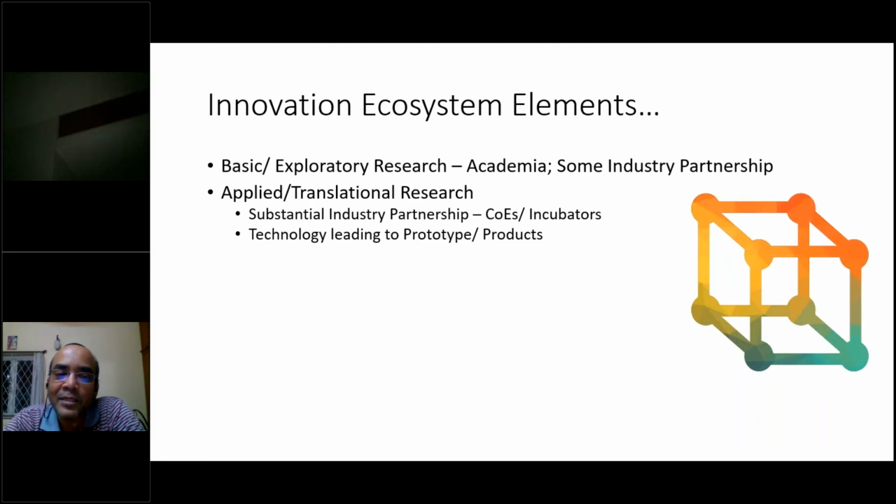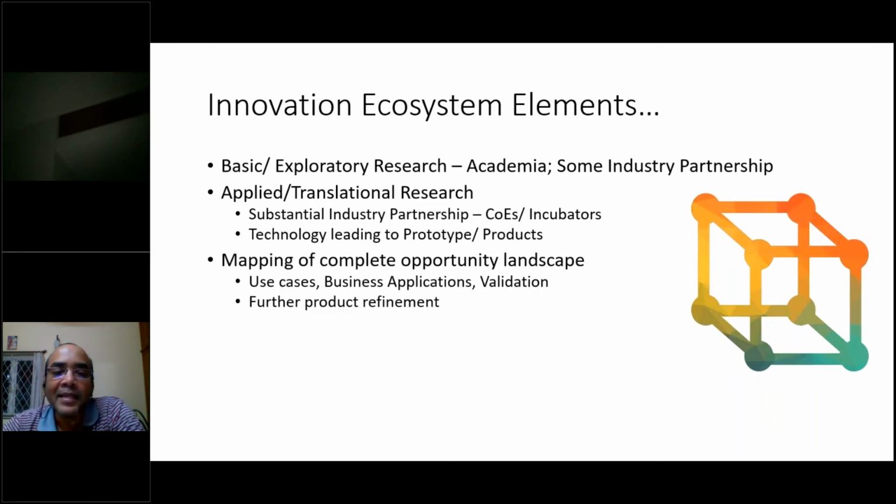And that could essentially result in what you might call a prototype, and then it comes out as a product. As part of that, you really need to look at how you handle this whole product. How do you take this entire product to see what kind of opportunity it provides? You might have talked with a couple of industry personnel, and they might have looked at it in a certain way, but could there be other applications? Could there be other use cases?